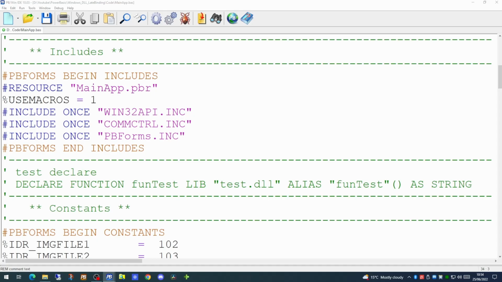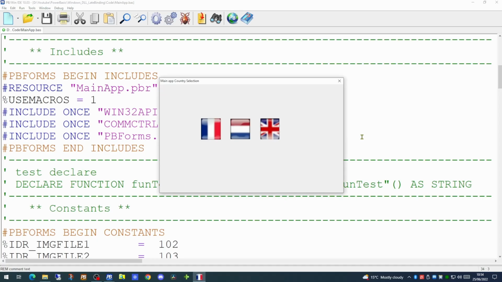A second reason for using this particular approach is if you wish your application to support multiple languages. And that scenario is what we're going to look at today. Let's have a look at some code. In this Windows application we have a very simple dialog that will appear to the user on the screen. The dialog will show 3 flags for 3 nationalities: French, the Netherlands, and the UK. We want our application to support 3 separate languages, and the first screen provided to the user is for them to select which language to use.